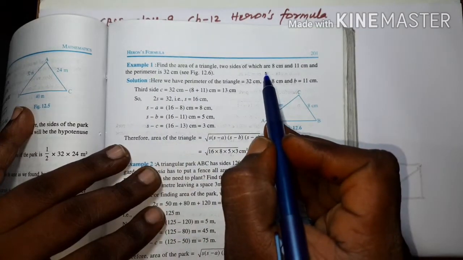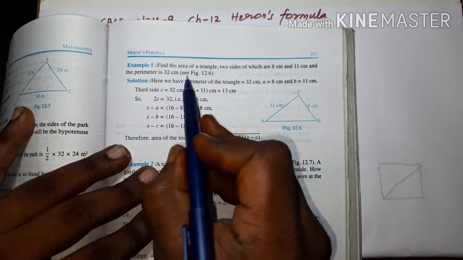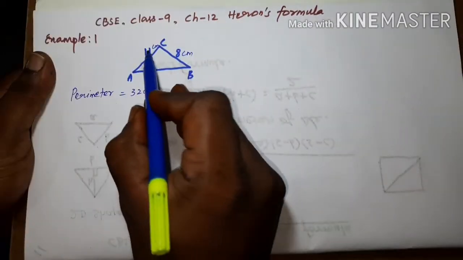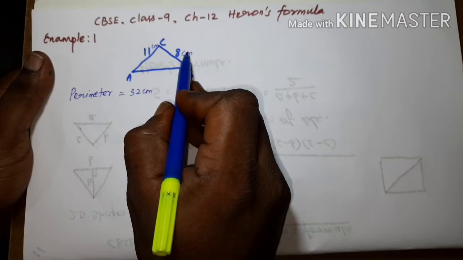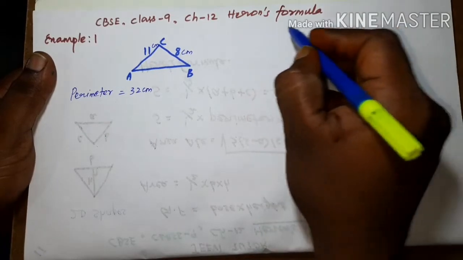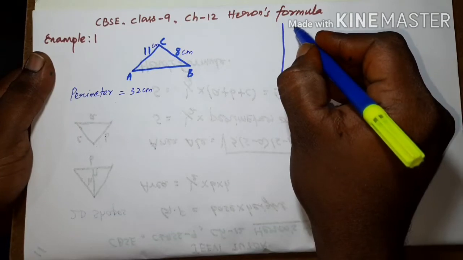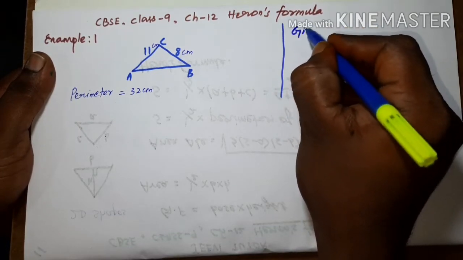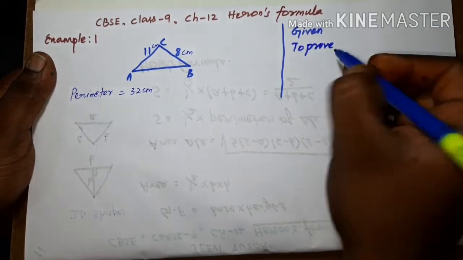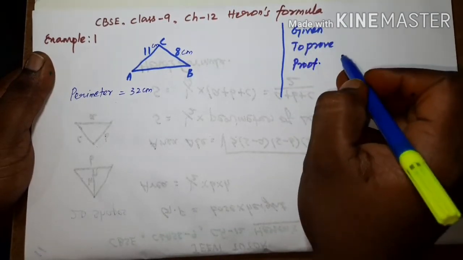centimeter. So I'm going to explain the concept of how to find the area of a triangle by using the two sides and perimeter, by using Heron's formula. Let me explain the concept. I'm going to take the sides' values as 11 centimeter and 8 centimeter and the perimeter value given as 32 centimeter. And how to approach any question means which has only 3 rules. What are the 3 rules? Read the question twice, and from that you write the given values, and next write what you are going to prove in this question, and then just write the proof. This is the 3 conditions to solve any problem here.